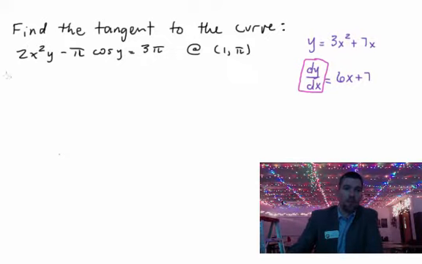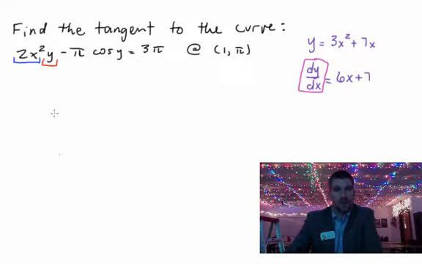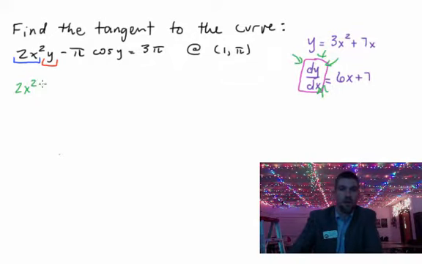So let's go ahead and look at what we've got going on here. We've got 2x squared times y, and this is full effect product rule. Why? Because I have 2x squared, that's one function, times y, which is another whole deal. It's not a constant times something, it's two separate things. So when I work this problem out, I'm going to take the first term times the derivative of the second. Wait a second, what's the derivative of y? It's this guy right here: dy/dx. So 2x squared times dy/dx